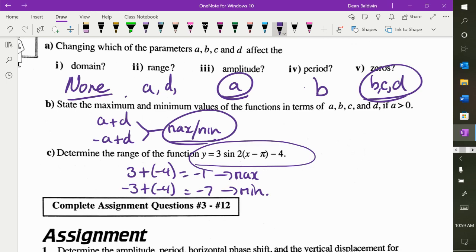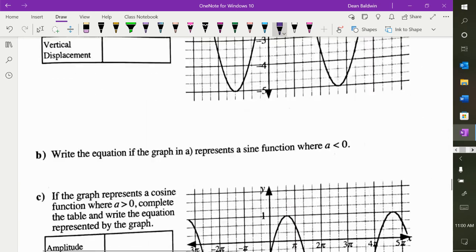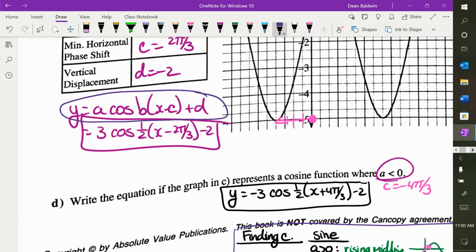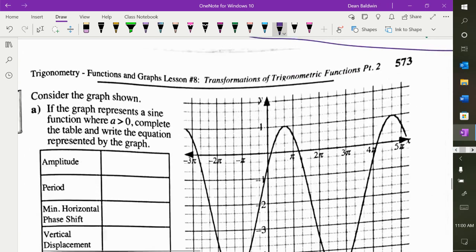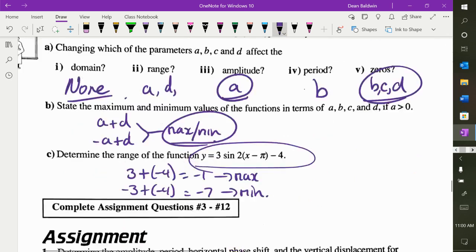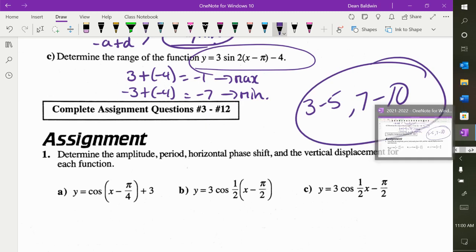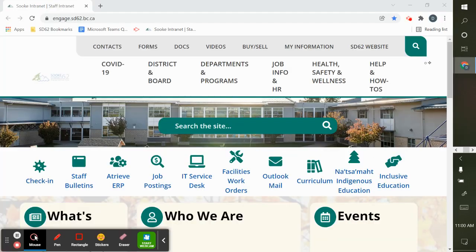Oh, it's negative. Normal sine equation. What do you mean equation? I can write those on the board. Like you mean this? Sure, I'll write that on the board. I'm still very confused. I know. All right. Here's what you're doing. 3 to 5, 7 to 10. Monday we